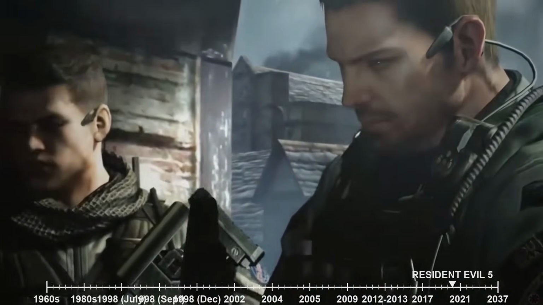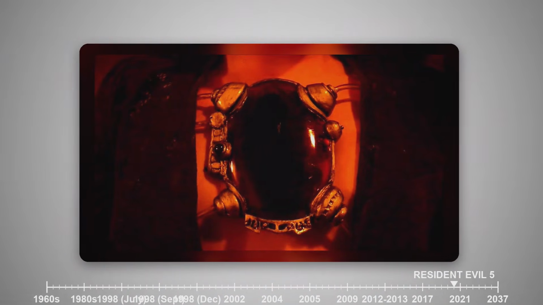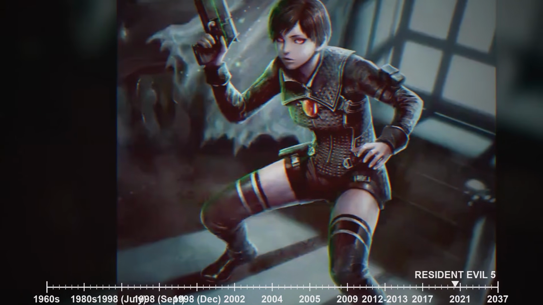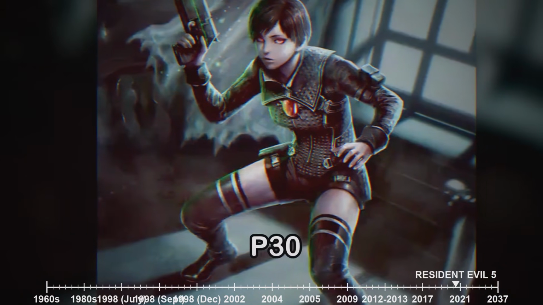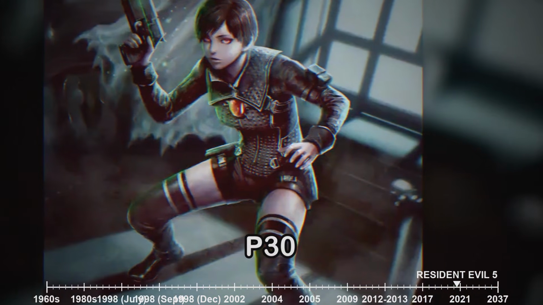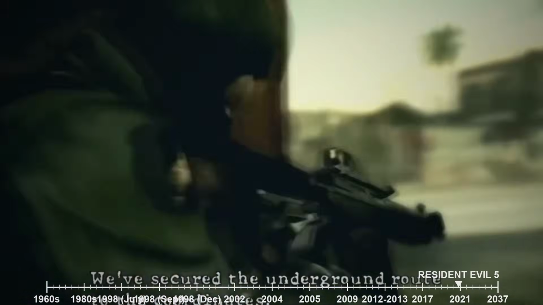within him. Jill had been subjected to a sophisticated form of mind control, facilitated by a device surgically implanted on her chest. This device, a complex piece of technology, emitted a continuous stream of P30, a powerful chemical compound that suppressed her free will and compelled her to obey Wesker's every command. The sight of his friend, a fierce and independent operative reduced to a puppet, fueled Chris's resolve to rescue her